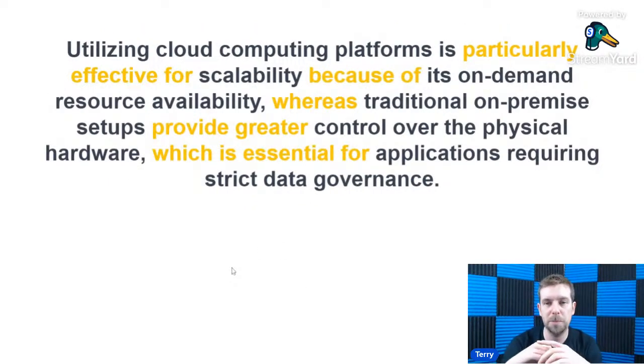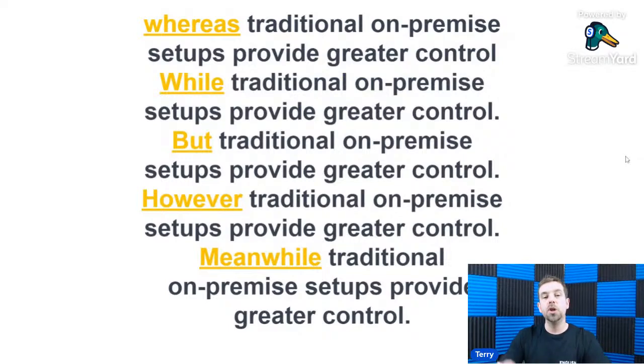Utilizing cloud computing platforms is particularly effective for scalability because of its on-demand resource availability, whereas traditional on-premise setups provide greater control over the physical hardware, which is essential for applications requiring strict data governance, right? So again, you look at the different variations: whereas, while, but, however, meanwhile. They're all extremely similar, and you have the option to choose or to change with all of them,